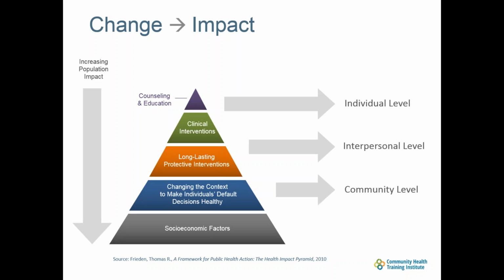But I really believe the coalition work is looking at these last three levels of the Frieden Pyramid, which is about what creates the most lasting impact, in relation to those two slides before: the long-lasting protective interventions, changing the context to make individuals default to healthy decisions. So I think really looking at what lasts for a long time on the interpersonal level, but in the community, what is making it easy for people in those communities to make those healthy choices,